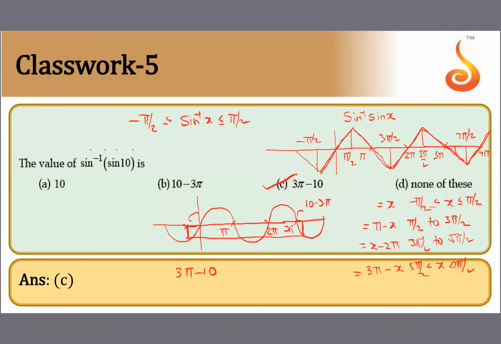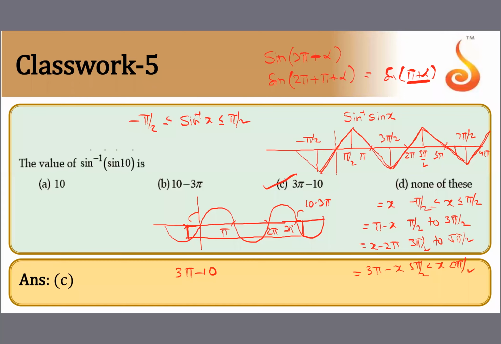So these are the only two methods. One more method is also there. 10 is nearer to which one? After 3 pi it comes. Okay. One more method is also there. I'll explain you. Sine 10 is nothing but 3 pi plus alpha. This can also be written as 2 pi plus alpha. So one round is over. Sine pi plus alpha. But it is little difficult to understand.